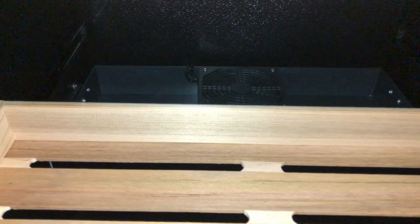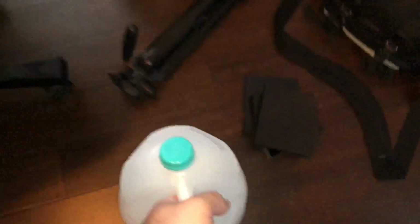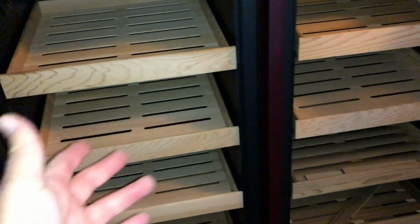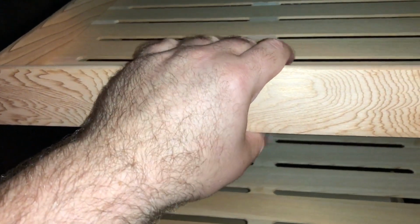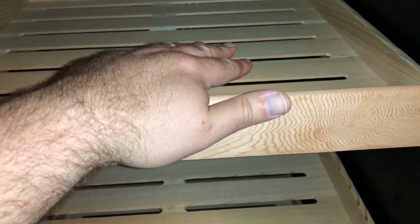I will fill both of these up to half level, and that should be all the setup I have to do. Just turn it on and set my levels. So I've got all the covers off. Both reservoirs are about 3/4 filled. Just split this gallon of distilled water. I'm going to let this season, and it's really just seasoning the drawers. Since it's basically a cooler or wine unit, there's nothing in the unit itself to season except this Spanish cedar on the shelves, which isn't a whole lot. I could wipe it, but I'm not in a huge rush,